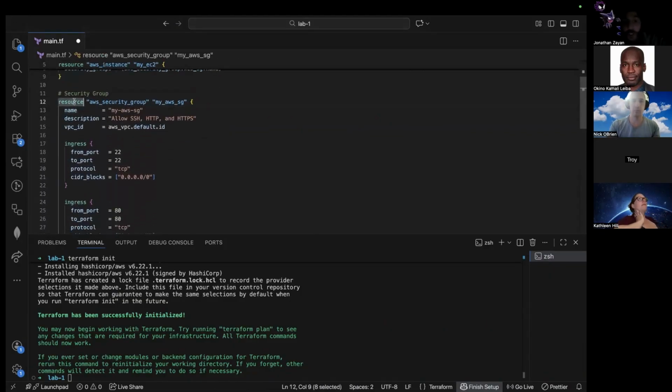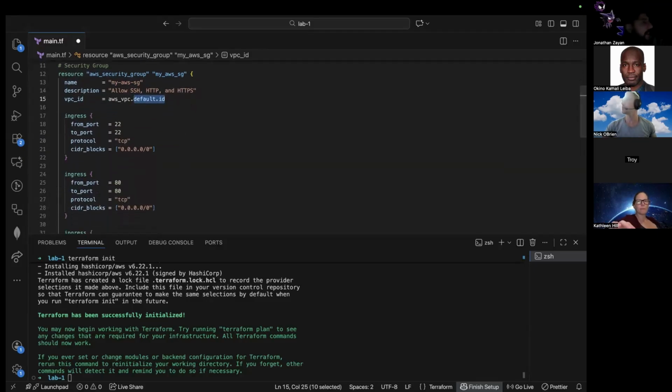This is another resource. So you can have multiple resources, and you will have multiple resources. Here we're utilizing security group, and we're naming it. And as we've established, we're renaming it. And Nick's going to tell us right now the significance when he runs his version. So shout out to Nick when we get there. You could put in description, the VPC ID, and then here you're just pulling it in with default. And then let me check something here. We have port 22.